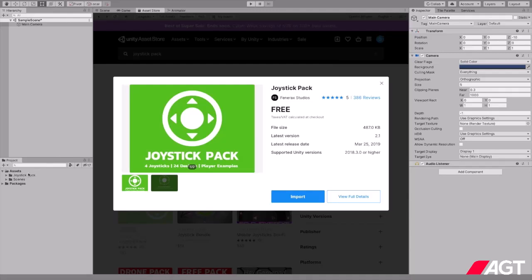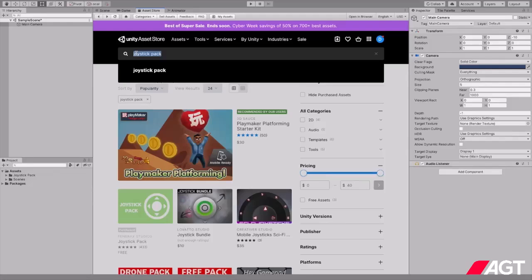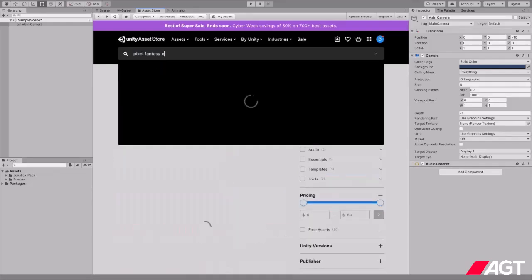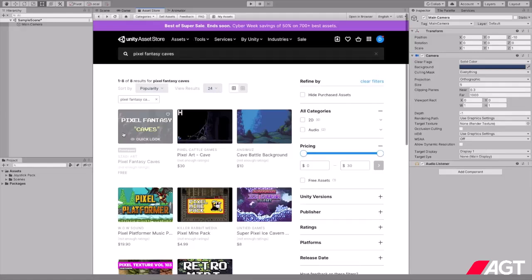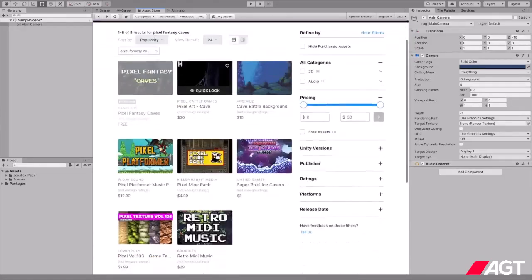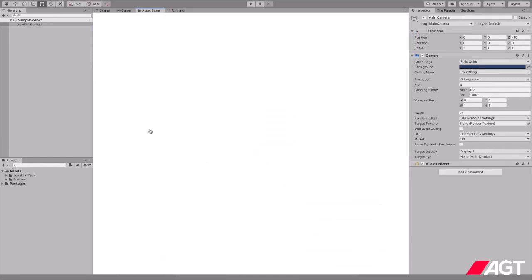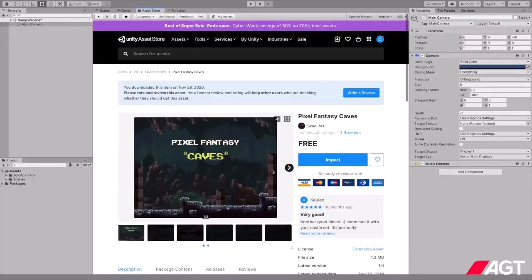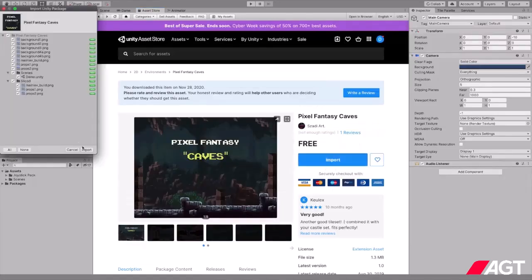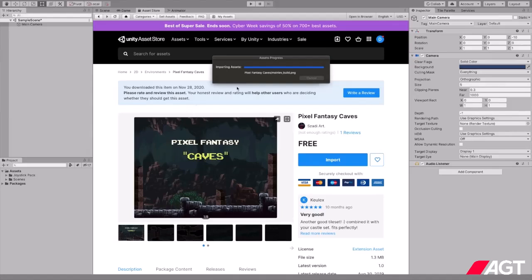And as you can see in the assets folder, we now have a joystick pack. The next one we need is Pixel Fantasy Caves. So if you don't like this one, you can use anything you want. You can search for the platform assets and you can find a lot of good options, but I will use this for this tutorial. Again, hit import,